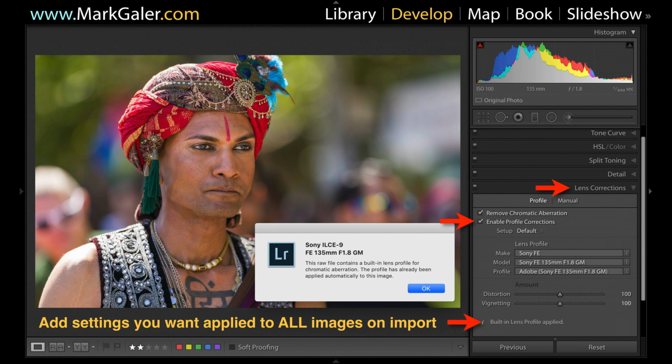So for instance, you could decide to enable profile corrections if you're not doing that in camera. So there are some corrections that are actually done in camera. And what is happening in this particular lens corrections panel, it's noticing one of the lens corrections is being embedded in the raw file. Some of the corrections are not embedded. So there's a little info icon. I've just clicked on that and opened it up to say the chromatic aberration is being corrected automatically